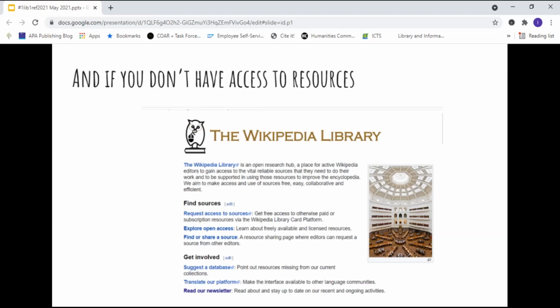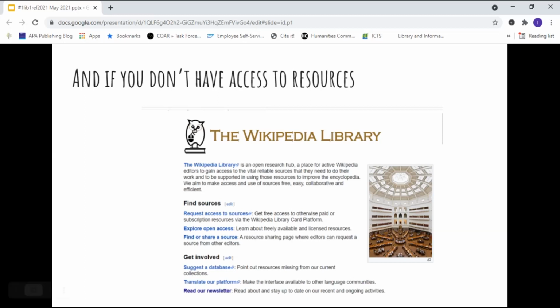Essentially, you can imagine a Wikimedian, somebody who edits Wikipedia, works on One Lib One Ref, works on Wikidata, not sitting in some rural area somewhere, not necessarily here in South Africa but elsewhere in the world as well, and that they need access to resources, and this is the way that they can actually get access, through the Wikipedia Library. So that is well worth remembering.